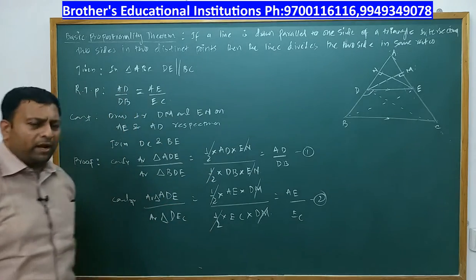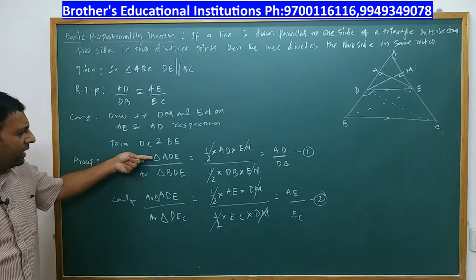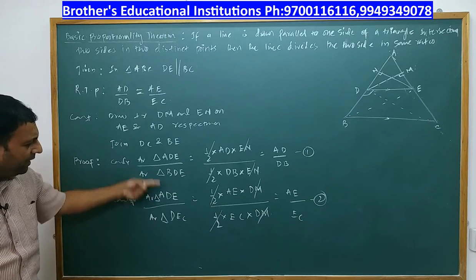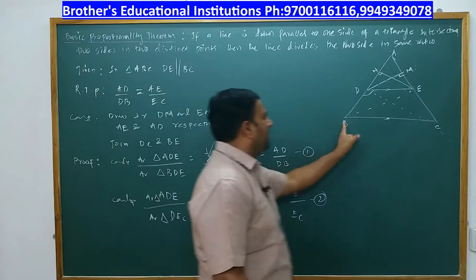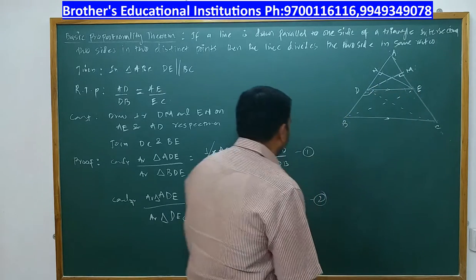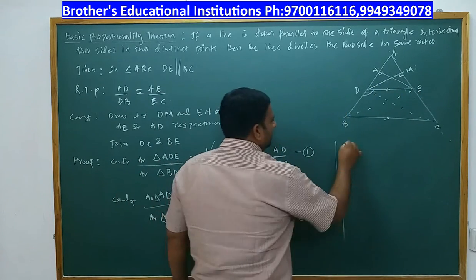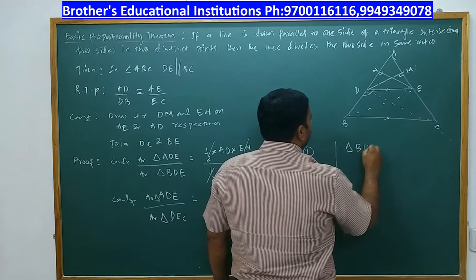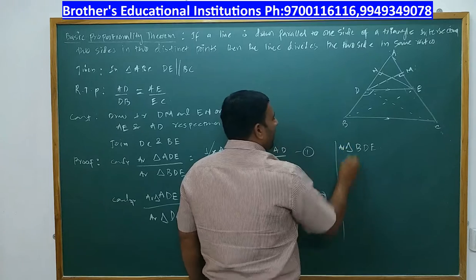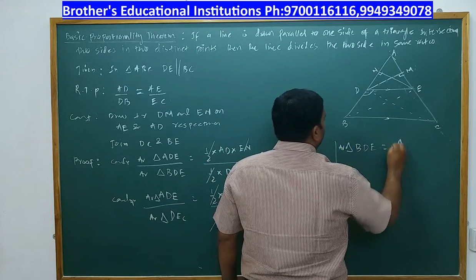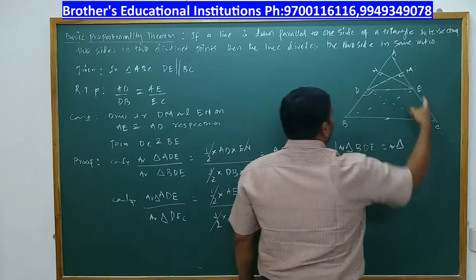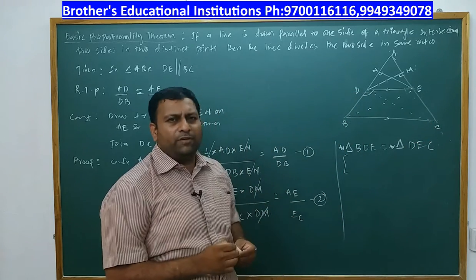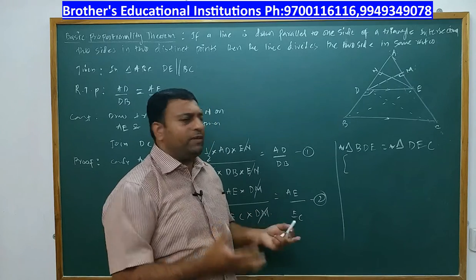Now this is the main part of the problem. You can see the numerators, both of them are equal. The problem is with the denominators, triangle BDE and triangle DEC. I will have to write a statement. I will write, since the area of triangle BDE will be equal to the area of triangle DEC. You know why? The reason is, we have discussed in the previous video, triangles on the same base and between the same parallels.